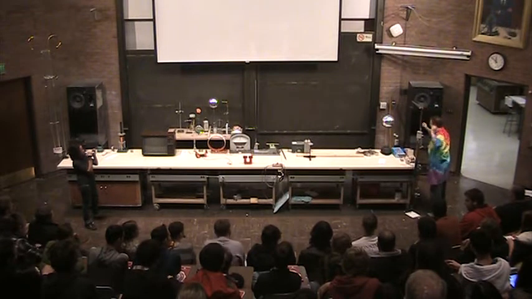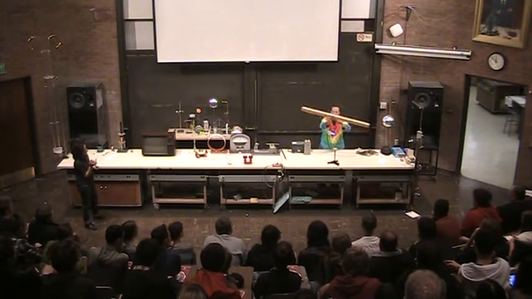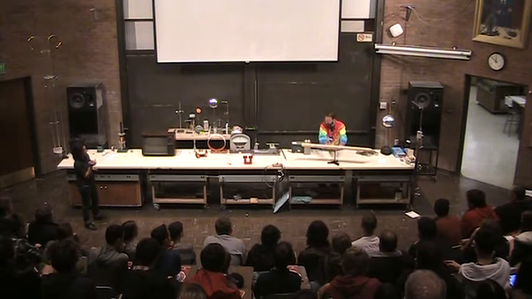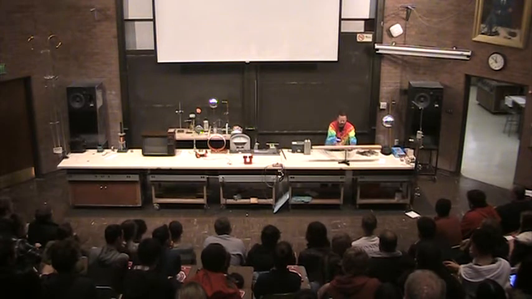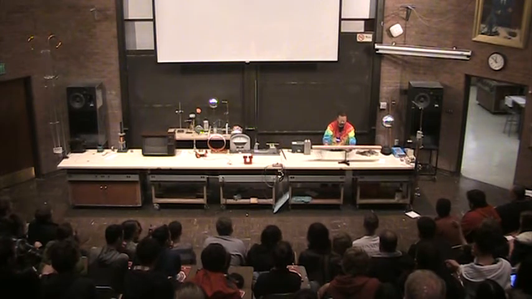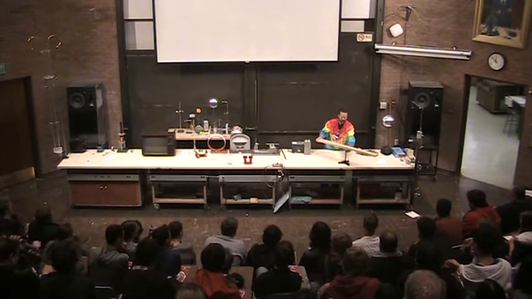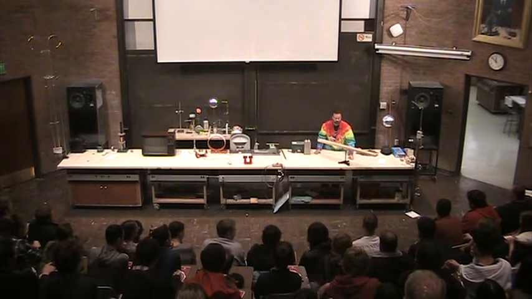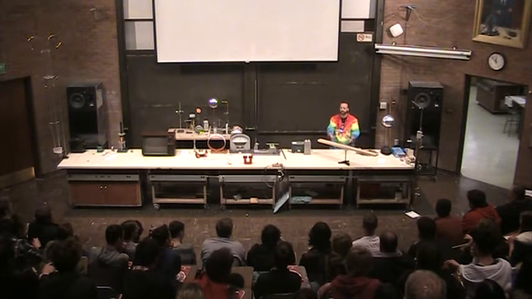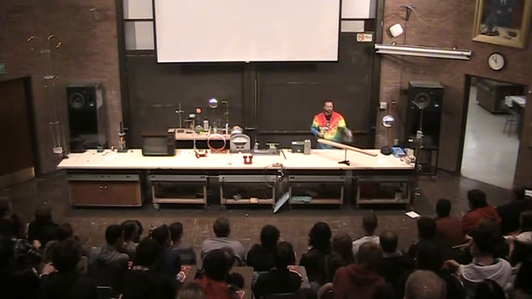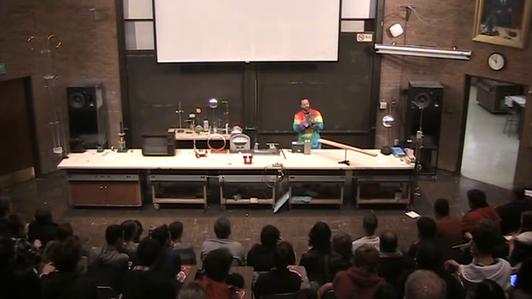Okay, let's do this 2x4. Is this positive or negative? Neutral. What does neutral mean? It means that the number of protons is equal to the number of electrons. It doesn't mean it's not positive, it doesn't mean it's not negative. I'd be more specific. It does have positives in it. It's made of protons and electrons, but they're balanced. It has no excess.